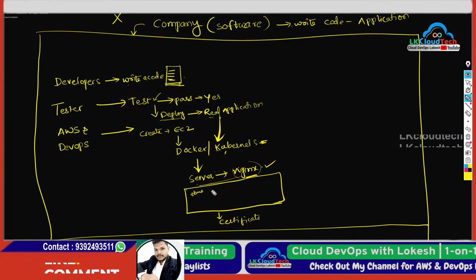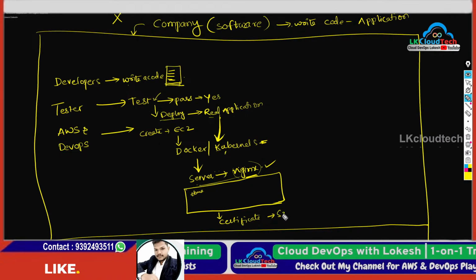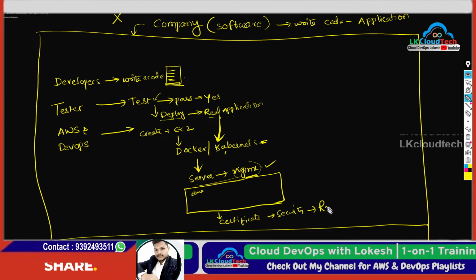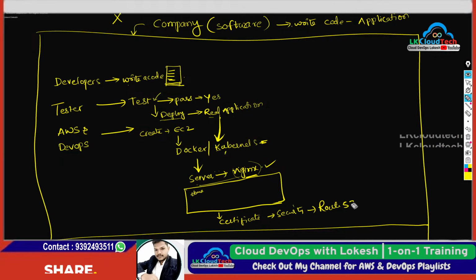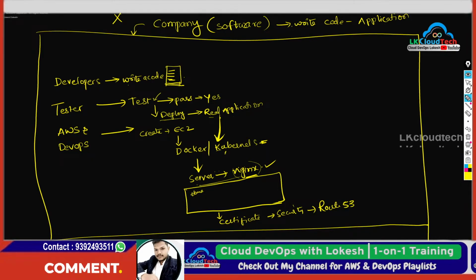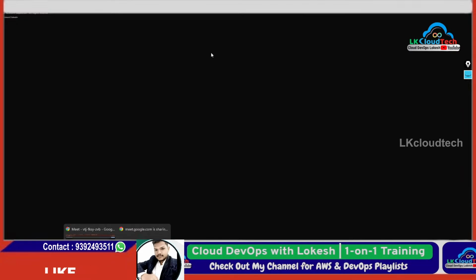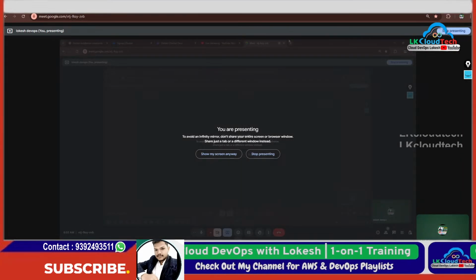This certificate is for security. To do this, we have a concept called Route 53. So I'll show you practically. I'll show you a real-time application. For example,